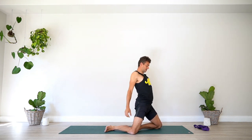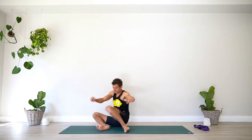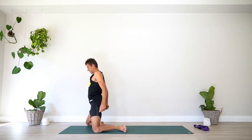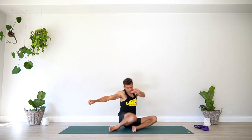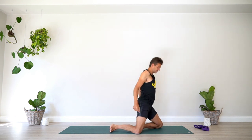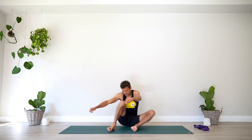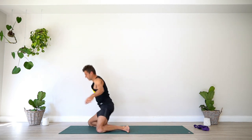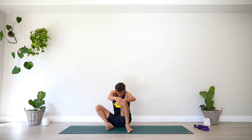Lift up, lower down. Swap the legs, lift up, lower down. Once more each side, and we'll add one more thing to our little mobility flow here. Lower down, last side, lift up, lower down. Now come back to the first side, we'll